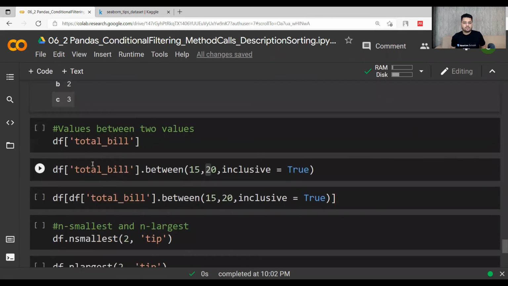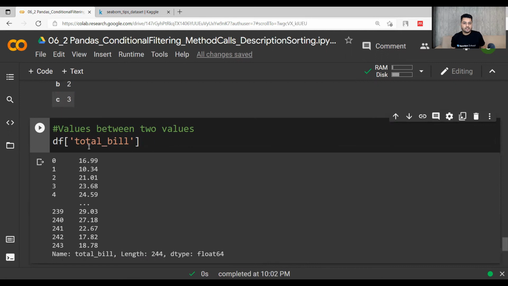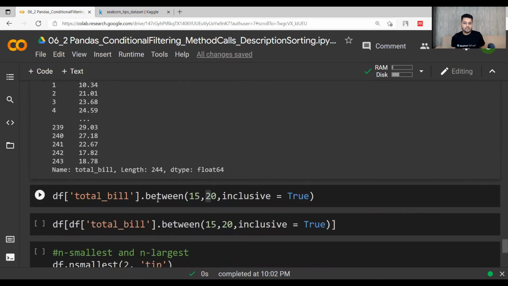Now let's print all the values of the column df total bill where a range of two values is given. Within this total bill column, I want to get the rows in which 15 comma 20 is the range, and inclusive equal to true means that I want to include the 20 also.